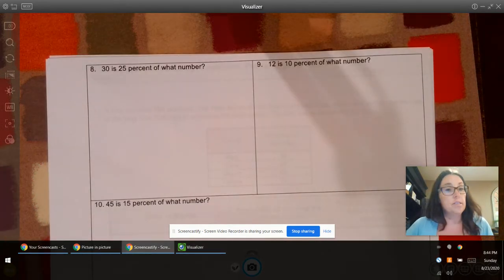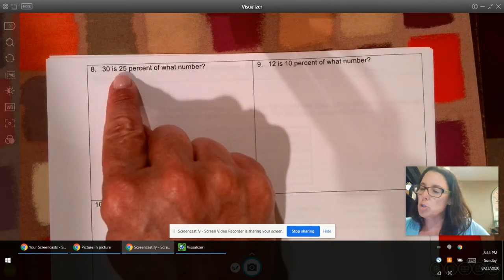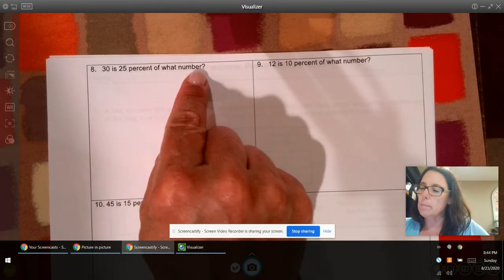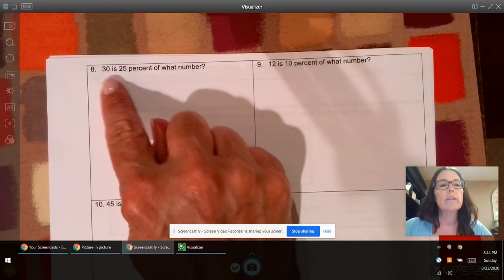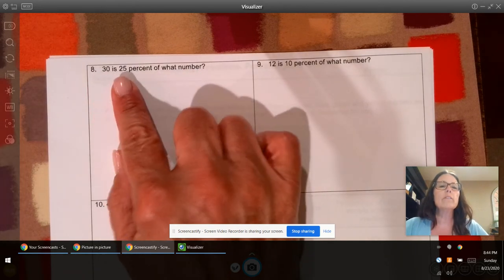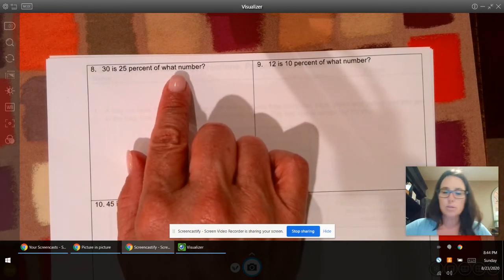Okay, this is the third kind. 30 is 25% of what number? We are looking for the whole. We're given a part. We're given a percent. We want to know the whole. Okay, so